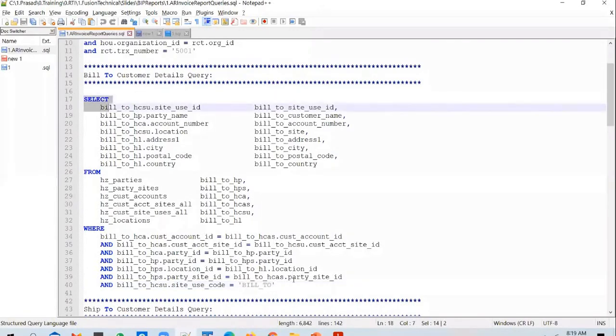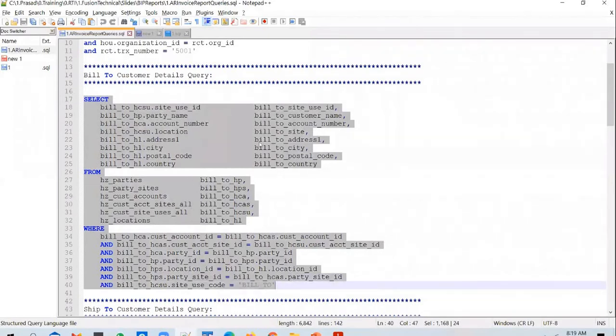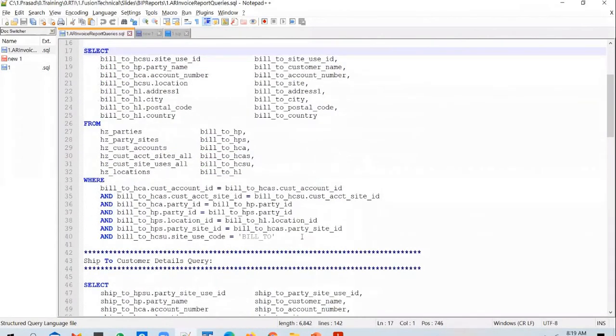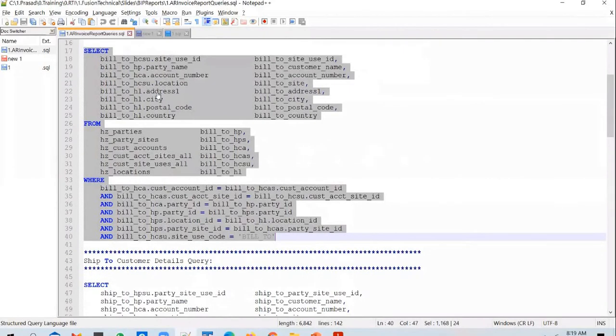And what do I do in here? So this query, if I don't pass in any input, what will it pull? It will pull all the bill to customer details, right? But I don't want to do that. First I'll add in this query. This will pull all the bill to customer details. And after that, I will link this query up with the first query. And in the first query, remember in the invoice table, you have bill to reference, right? So I will use this column to join bill to customer query with the invoice header query. So I go ahead and add this query, the bill to query.